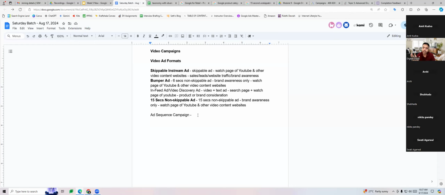It is exactly the same as a display campaign you had seen the last time. The only difference between a display campaign and a video campaign is that in a display campaign, you're running a display ad, an image ad. There is no video there. But here, this is going to be a fully video ad which you're going to run. That's all is the difference. Okay.